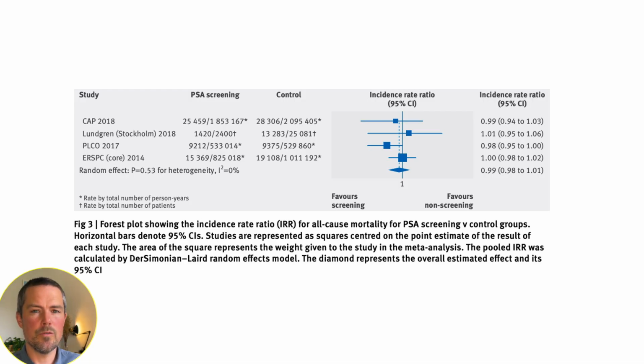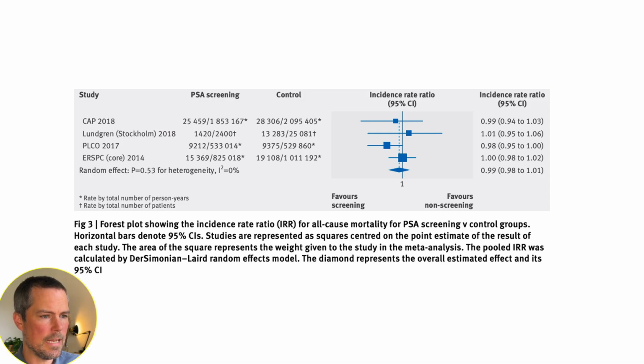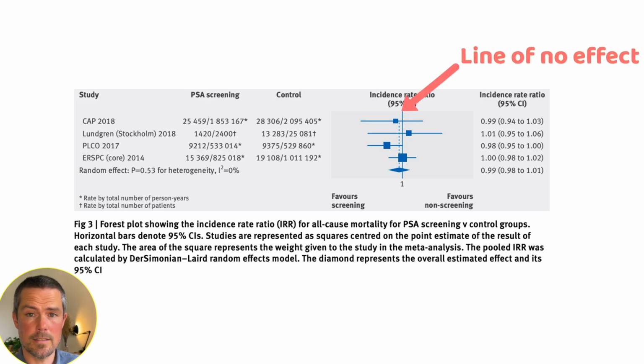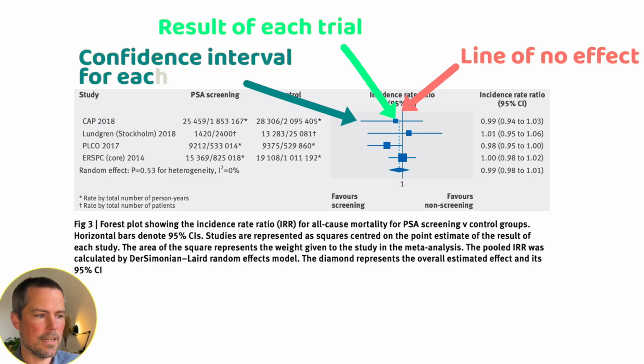from a review from 2018 by Illich et al. on prostate cancer screening. So here is the forest plot. Here we can see there are 4 rows, and each row reflects one large randomized control trial. This line here represents something called the line of no effect. Each randomized trial is summarized with a square being the result of the trial, and the confidence intervals reflecting the lines around the square. So if the line crosses the line of no effect,